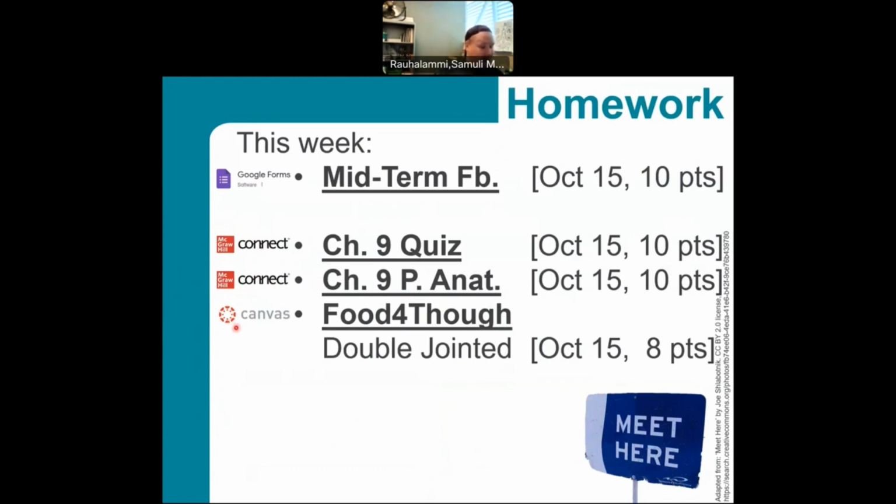There is, however, also a food for thought assignment. We've done at least one of these before. These were those little mini essays, if you wish, about a paragraph in length, where you get to look in more detail at a particular topic in this course, such as this week's assignment. I'm asking you to look into what it means to be double jointed. Then you write a short paragraph about that, and you get points for completion of that activity.